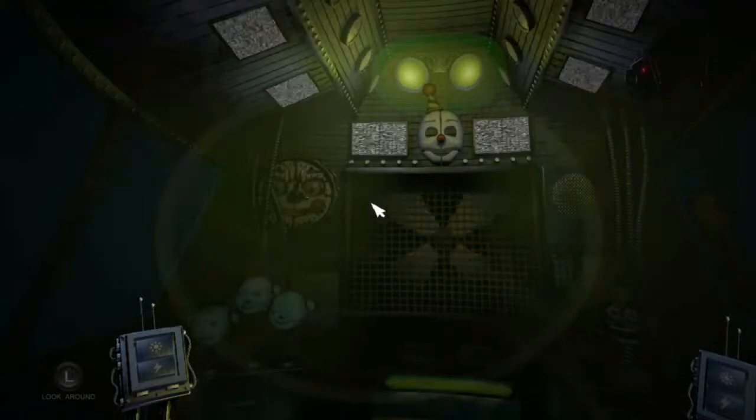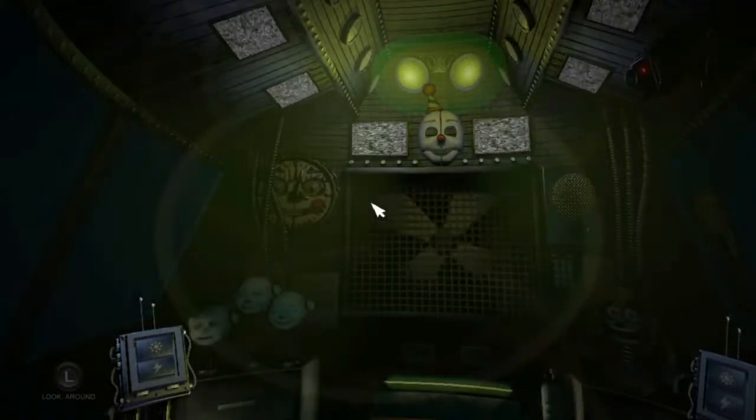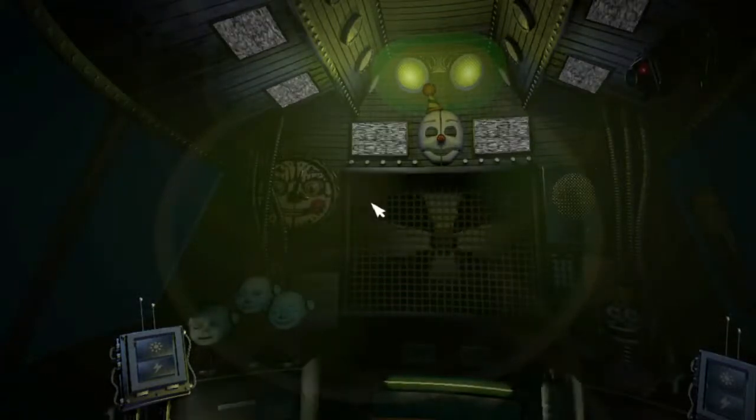You will now be required to crawl through the Ballora Gallery using the vent to your left to reach the breaker room. It is recommended that you stay low